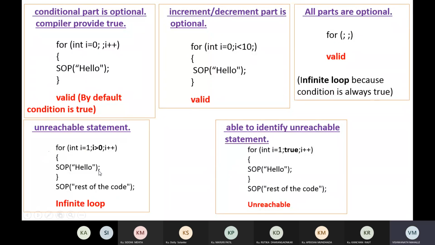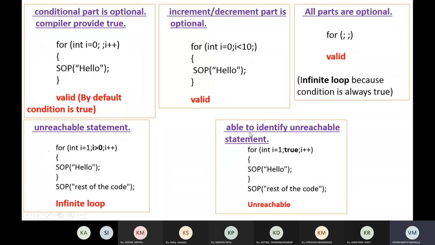This is true, then it will execute hello, and increment, that will be 2. That is always greater, so that's why an infinite loop will be formed.